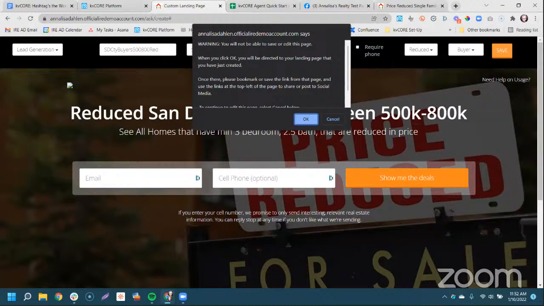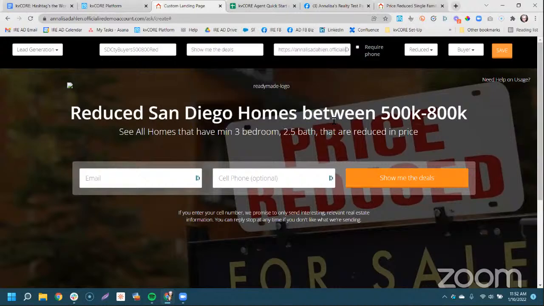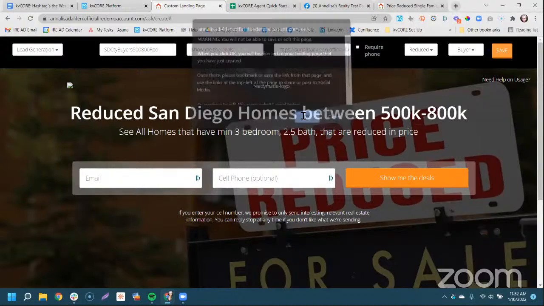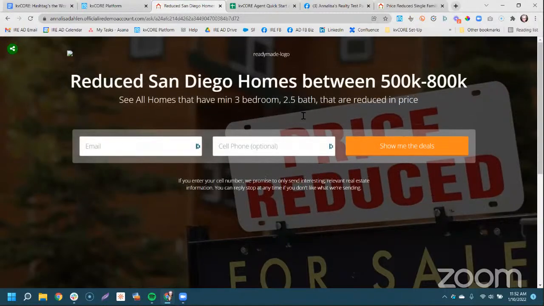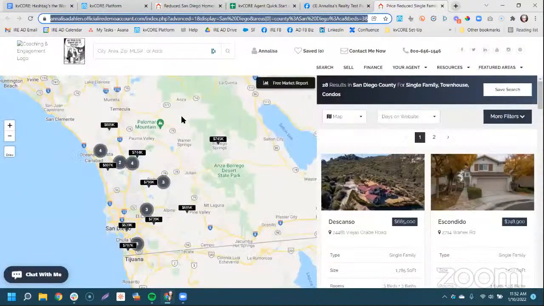And it's basically saying, hey, heads up, once you save this by clicking OK, you cannot edit this. So to me, I'm always like, all right, let's give it the old hairy eyeball again to make sure I've spelled everything right and it has everything correct. So click save, and if good to go, click OK. And now we have our final tag landing page to get people to those same listings as that squeeze page.